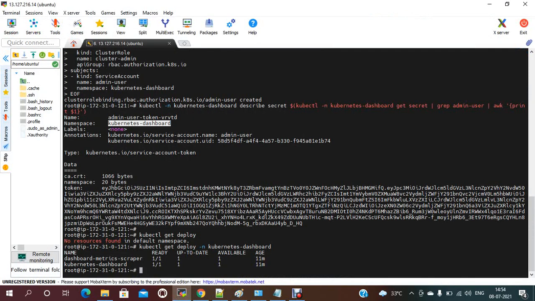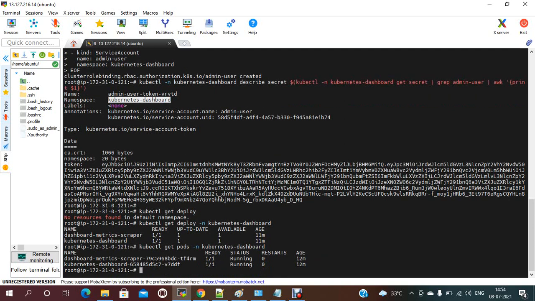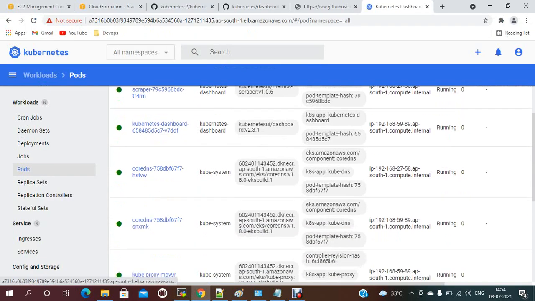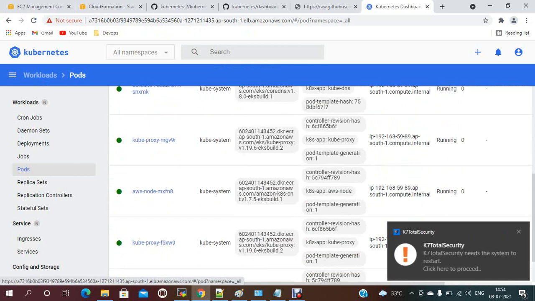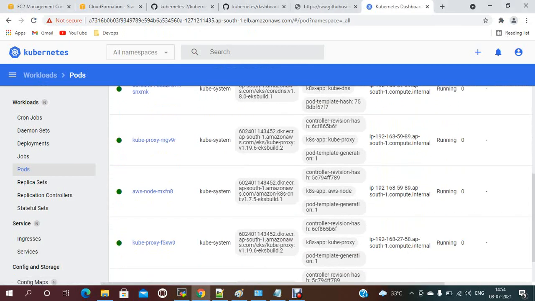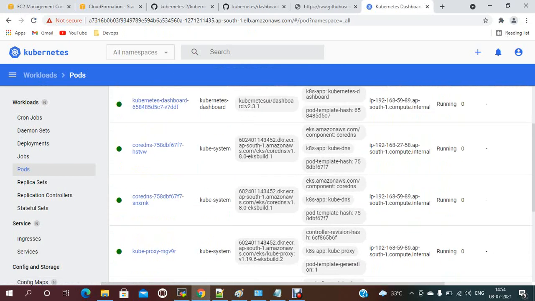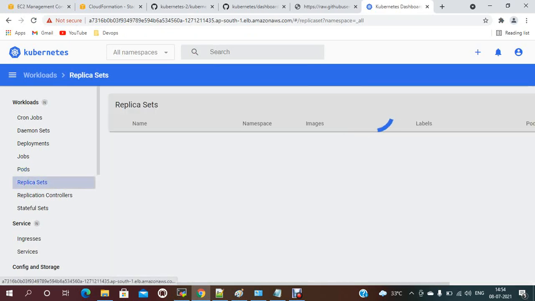If you check now kubectl get pods -n kubernetes-dashboard, some default pods are running. Kubernetes metrics one and dashboard one, you can check. These are the pods which are running, and services,